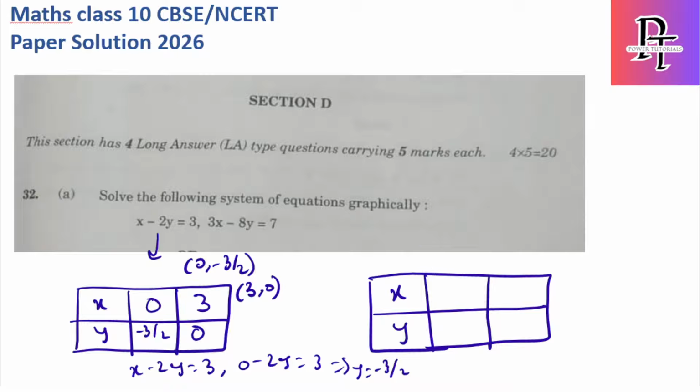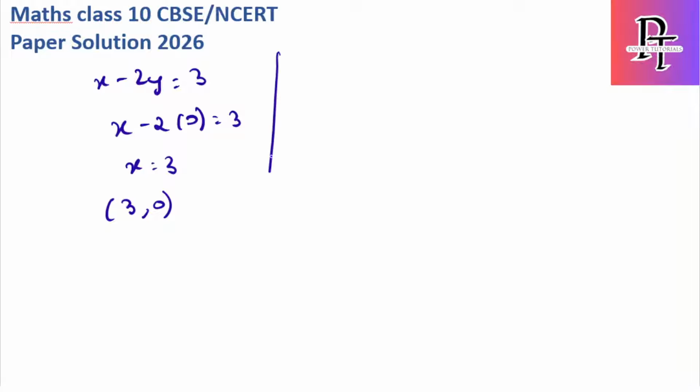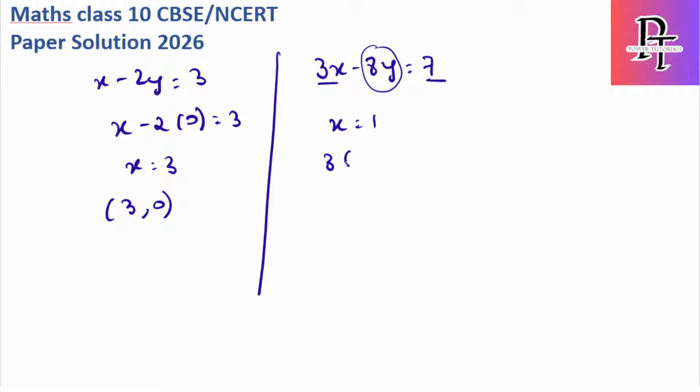3x minus 8y is equal to 7. तो हमको इसमें 0, 0 सब्स्टिट्यूट नहीं करना है, क्योंकि ये रेशनल है, तो हमको थोड़ा कैलकुलेट करके चूज़ करना है कि कौन सा वैल्यूज़ अच्छा लगे। तो इसलिए मैं अभी क्या करता हूँ कि इधर 3 है और इधर 7 है और ये वाला वैल्यू 8 है। तो अगर मैं x वैल्यू सपोज 1, हाँ x वैल्यू 1 लेता हूँ तो क्या होगा,